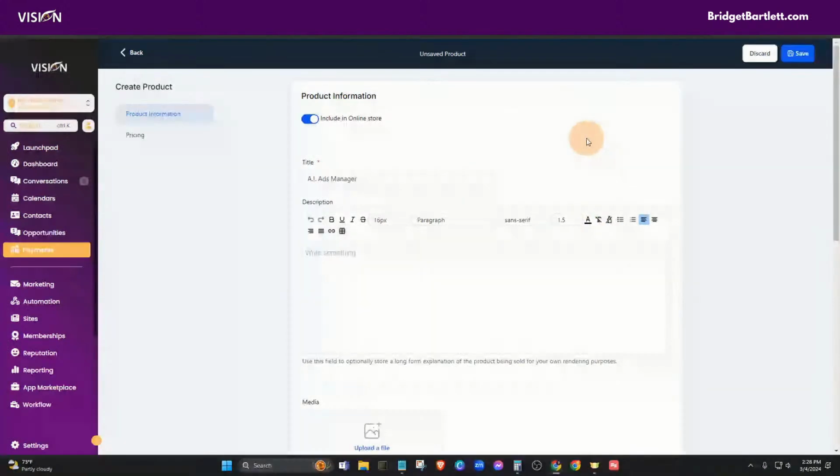And so if you really want to utilize a lot of the features in HighLevel, you really need the SaaS